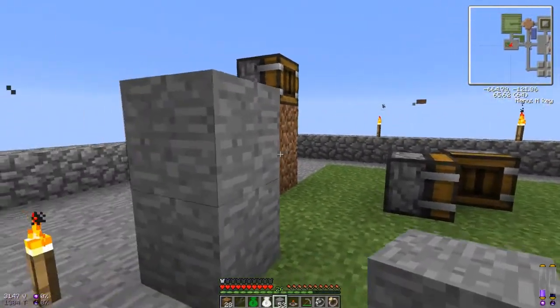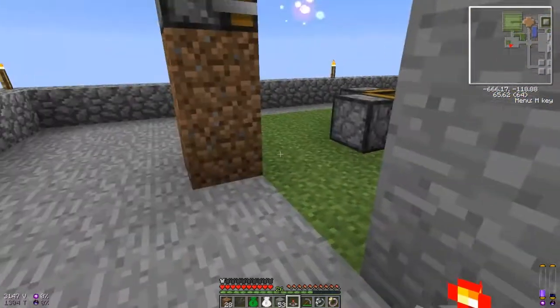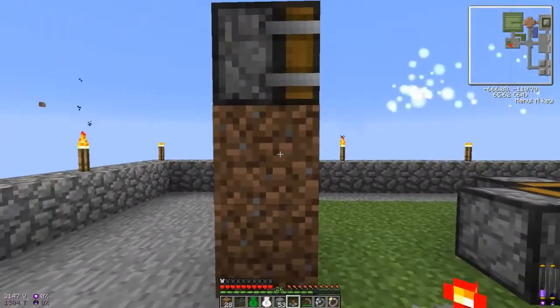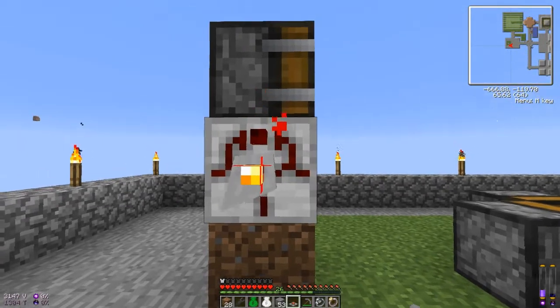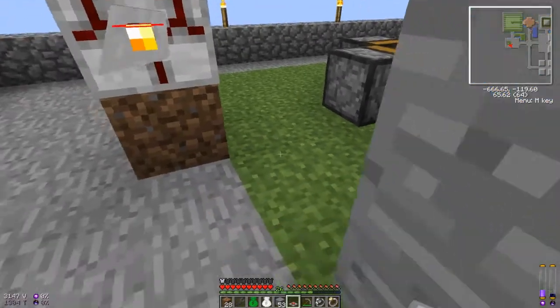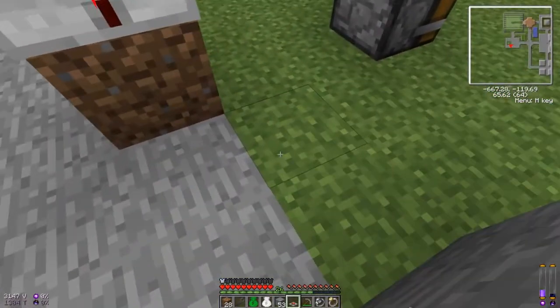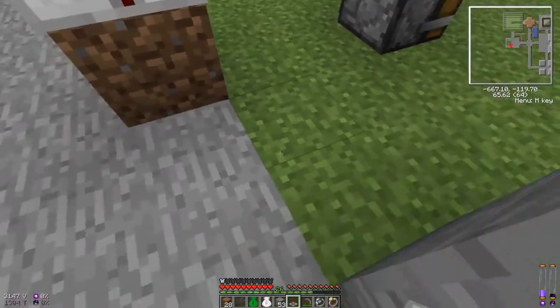Cool. Now, if I, pop, what I want to do is put this one here. Is it using redstone if I leave? Well, it's not going to use redstone there for now. Right. Now, if I also put this one...